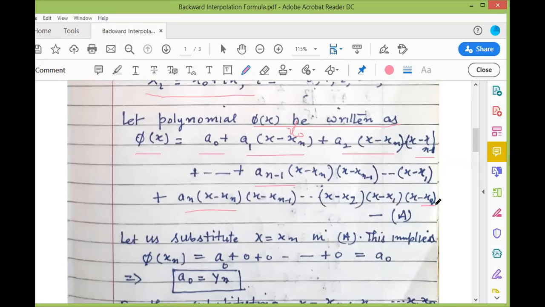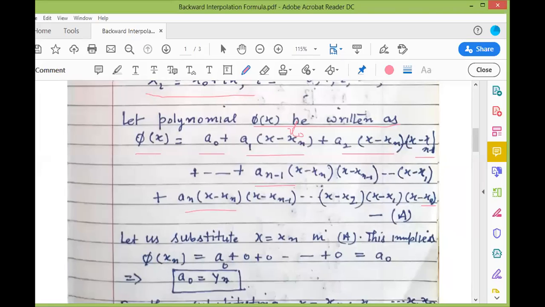And if you observe the difference here, the only difference that we realized between this polynomial and the polynomial used in Newton's forward interpolation formula is that this way of writing is reversed. Here it was x minus x naught, x minus x1, so forth, so on. Here it was x minus xn. Now here x minus x naught is last. So this is the fundamental or basic polynomial on which we are going to have the discussion regarding